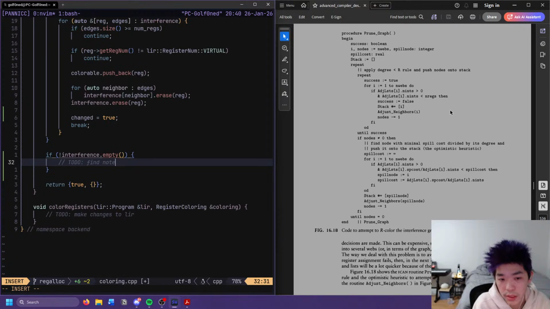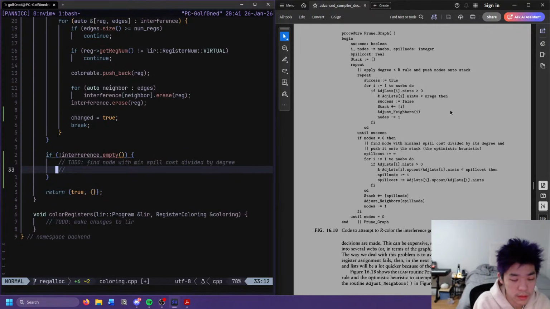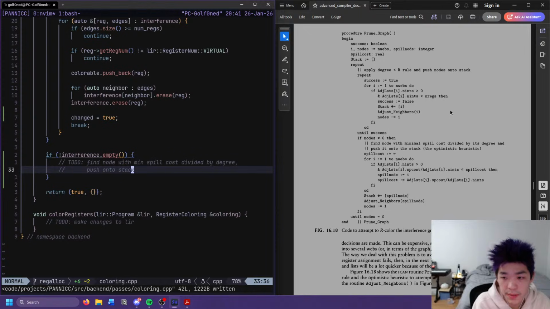Find node with min spill cost divided by degree, and then push onto stack, I guess we can do that.